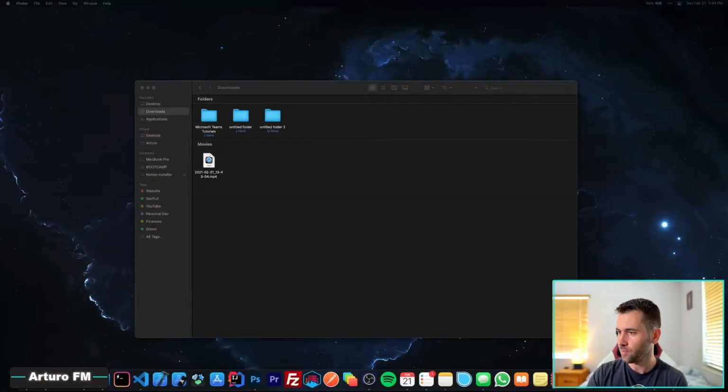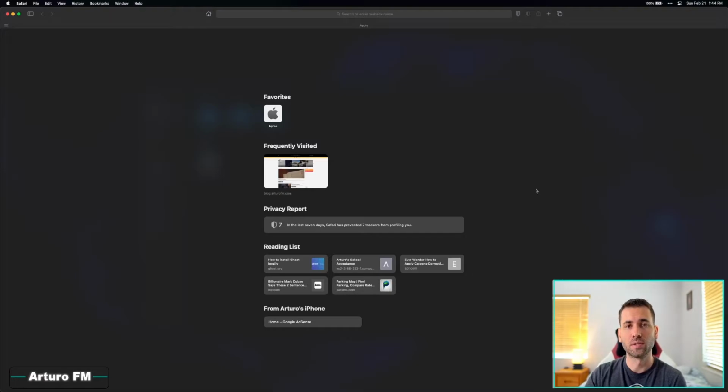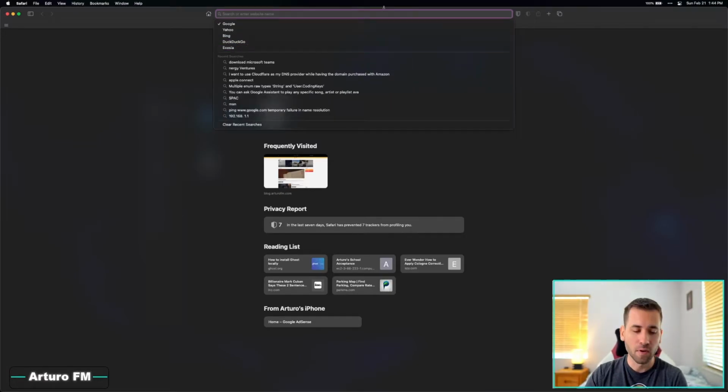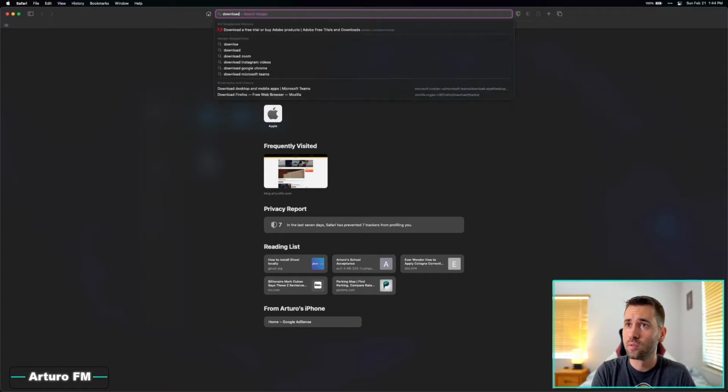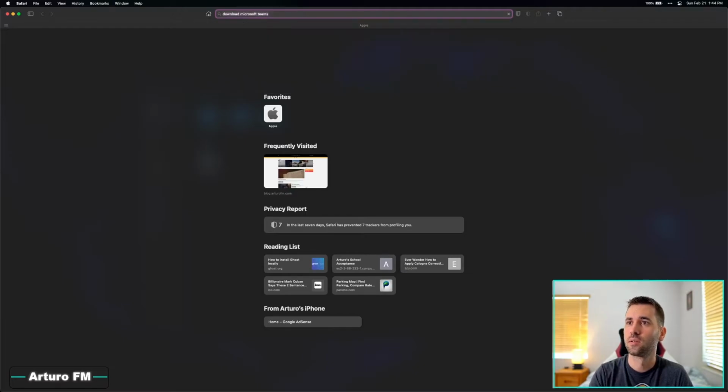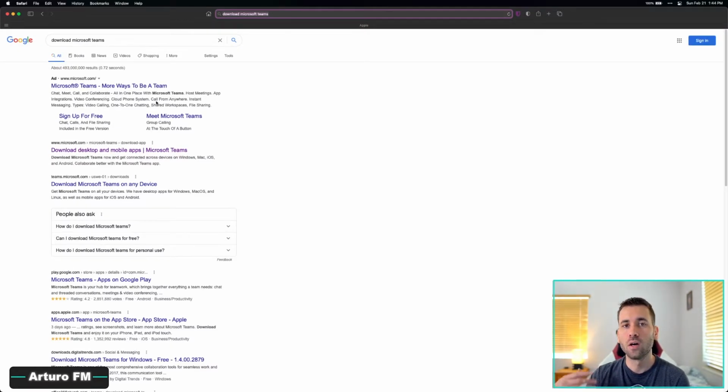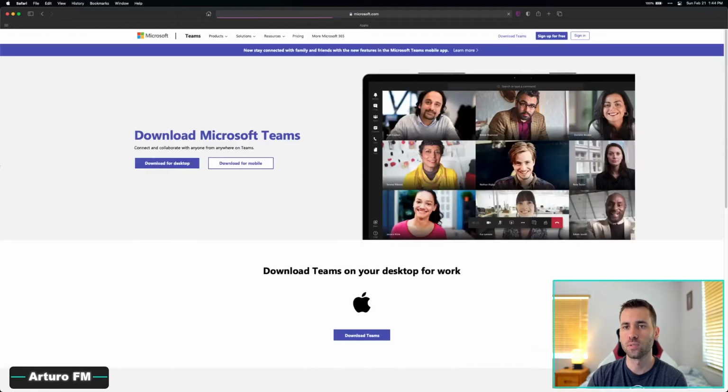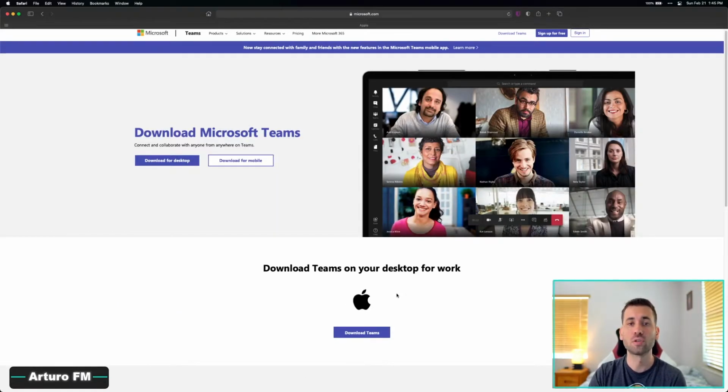So you're going to open your favorite browser. It could be Chrome, Safari, Opera, you name it. And then on the top bar here, you're going to type download Microsoft Teams. First, you're going to click a non-advertisement link, for example, this one. Now, depending on your operating system, it's going to show you one logo here on the bottom center,